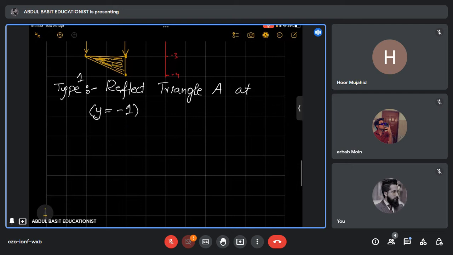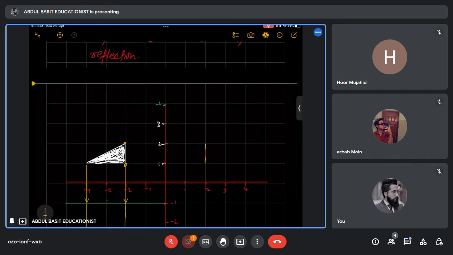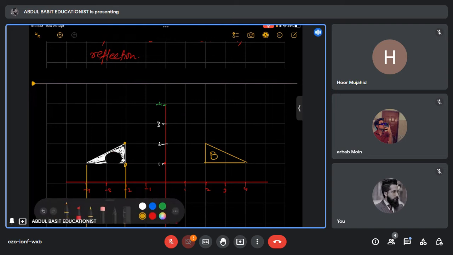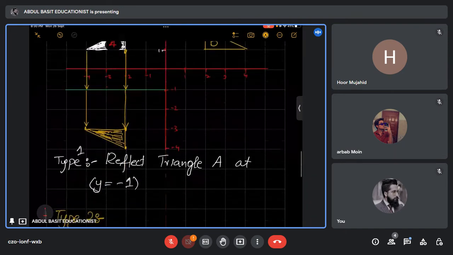So for example, the type 2 question would be, let me make the question first. A triangle is already made, and the name of this triangle is B, and the name of this triangle is A. Let me erase this so I can write A here. Okay, describe fully the single transformation